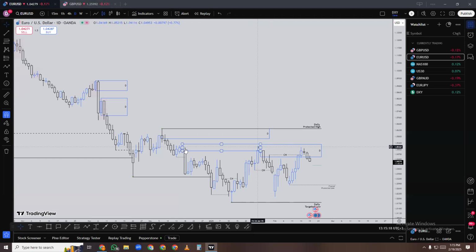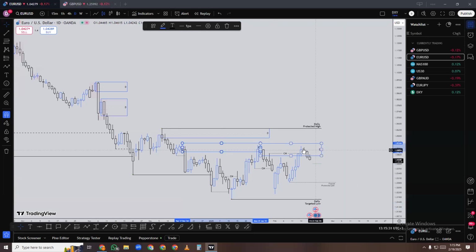Or the supply that was in these order blocks never achieved its job, which was to break this daily targeted low. So I was looking at that zone as a kind of weak zone and an inducement for that zone up above. But right now we are getting the shorts, which is a good thing. Okay, so